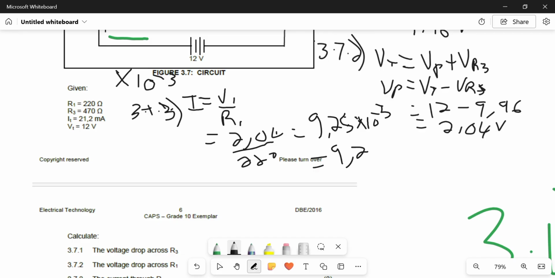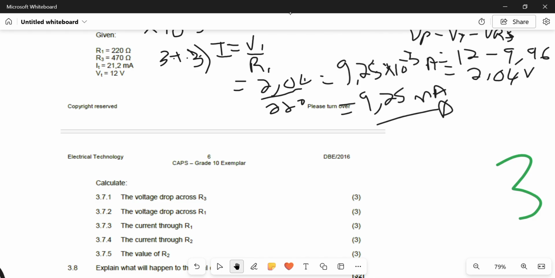Sorry about my handwriting, guys. Which equals 9.25 milliamperes. So that's our current across R1. Now we are looking at